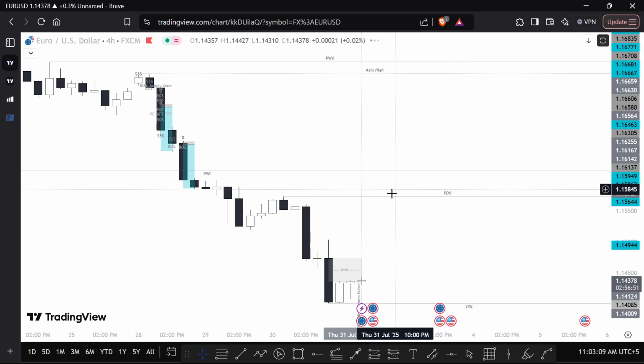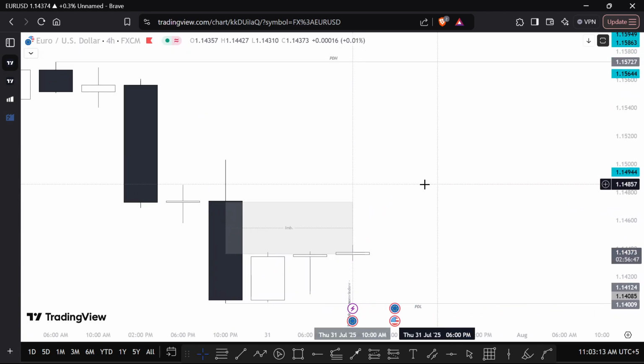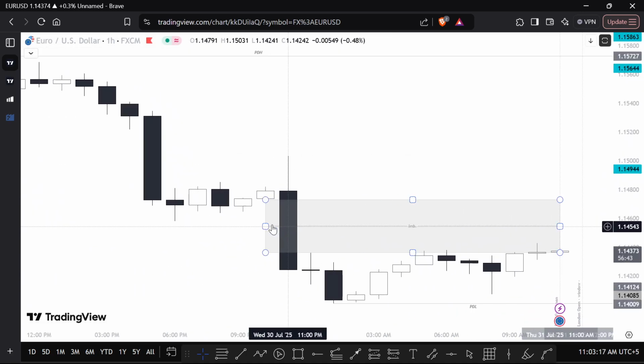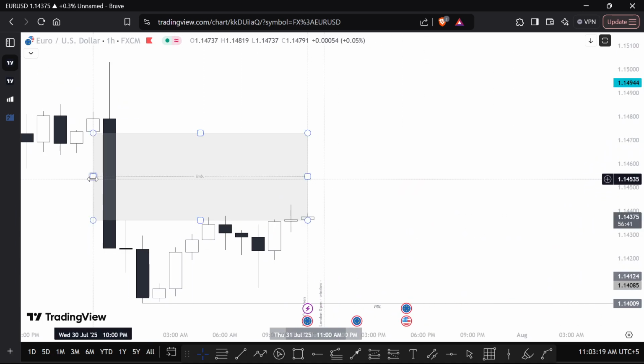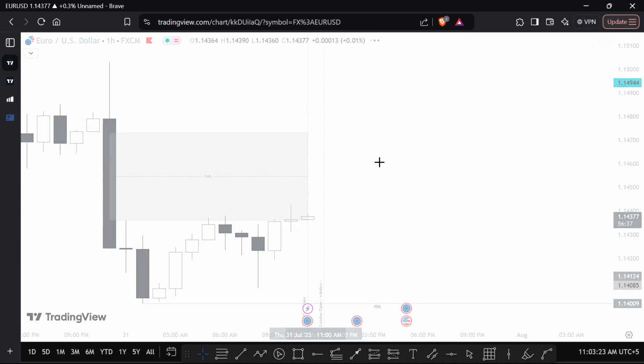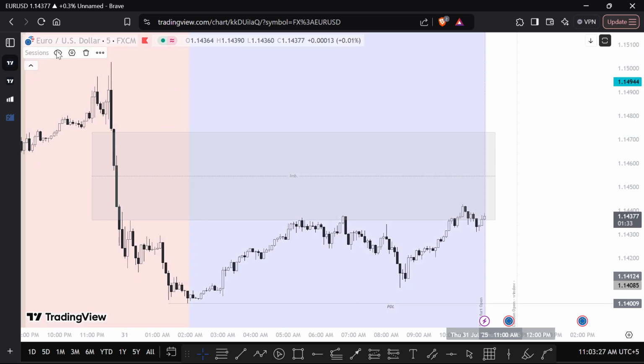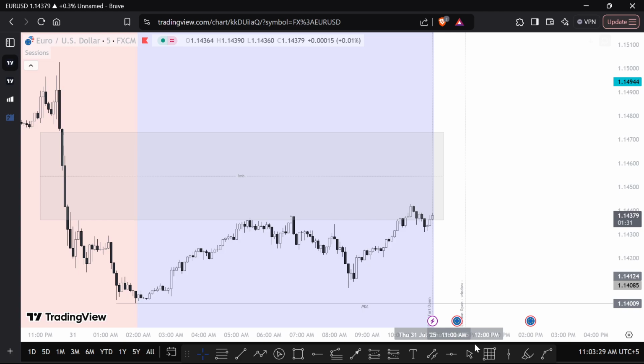On 4 hour it isn't much. Only 1 hour. The imbalance has a significant presence on the 1 hour time frame, and that's it. So what we are going to do now is drop onto the 5-minute time frame, because lower time frames hold more details. Now enable the sessions indicator, and now we are going to mark the Asia high and the Asia low. So that's our Asia